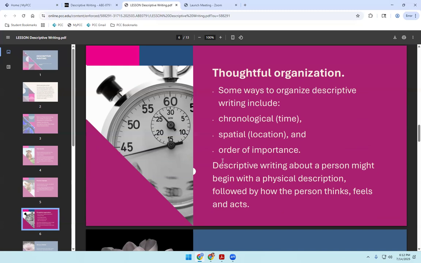And then another one could be order of importance. Sometimes we're going to talk about what's the most important thing. When I come in this classroom, the most important thing might be this screen and what's going on up here. Then the next most important thing to you could be, I don't know, the recycling can in the back. Like I need to make sure I can throw away my drink bottle when I'm done. So order of importance can work when we're talking about that as well. When we talk about describing people, a lot of times we're going head to toe. Start with someone's hair, move down to clothes, etc.